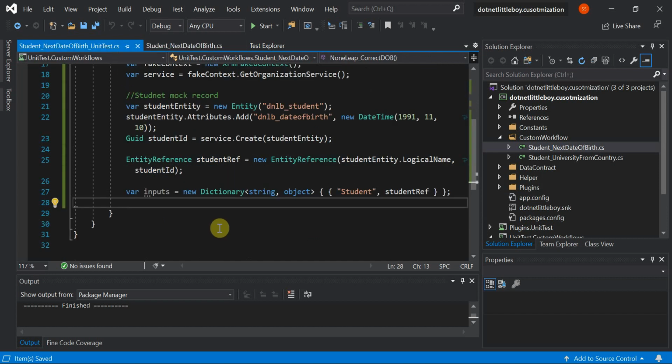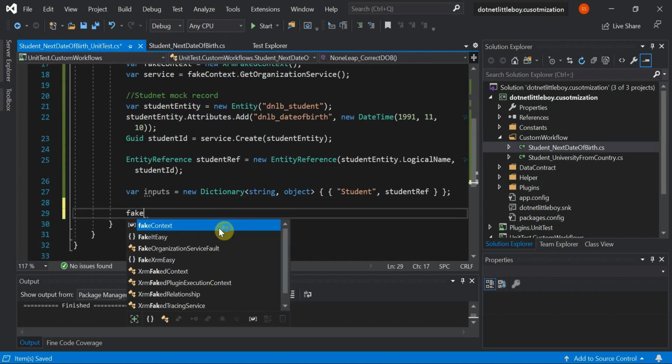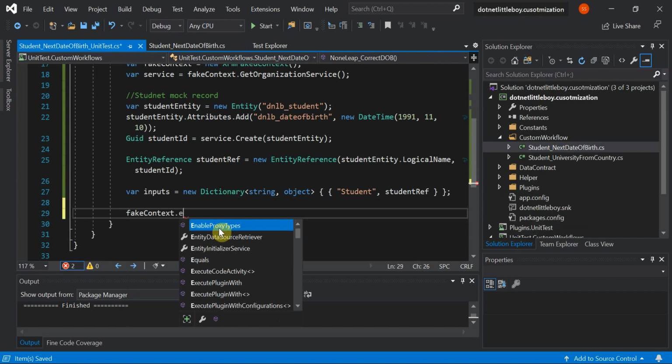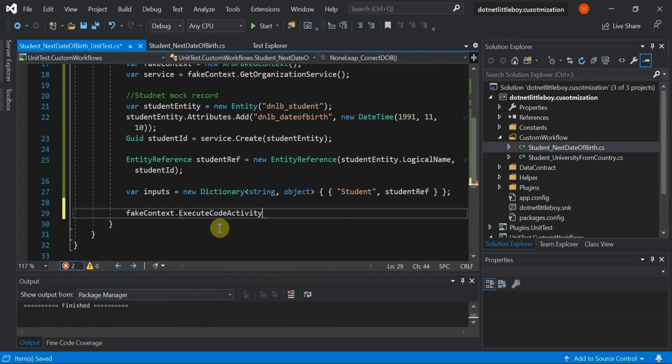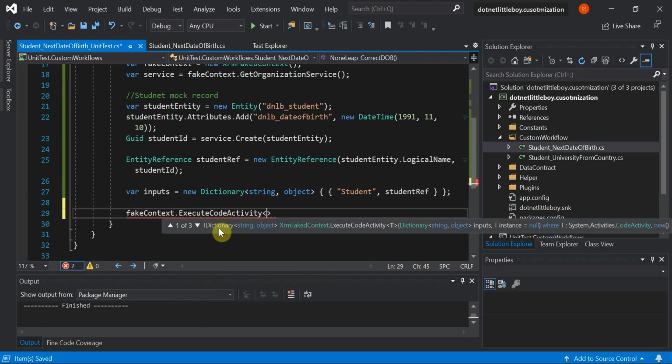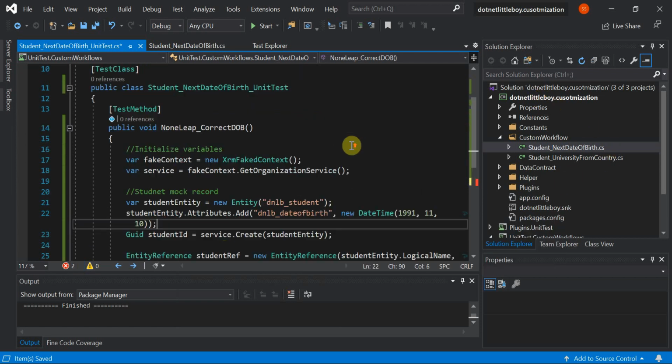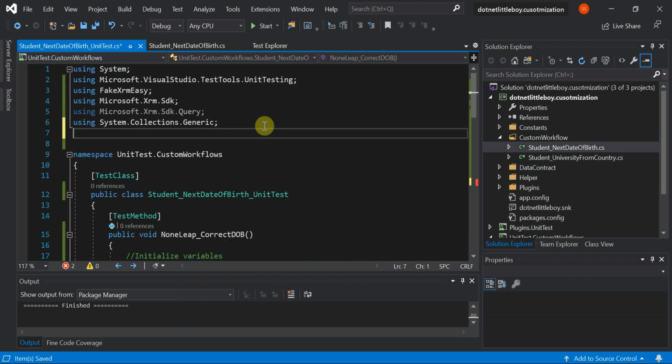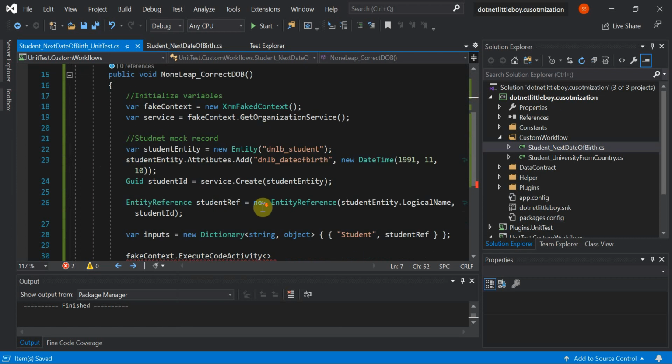Okay, so here I will execute that first. So fake context dot execute code activity here, and here I have to give my code activity name. Since this is present under this namespace, I have to include the namespace here: .NET little boy dot customizations dot custom workflow. Under this namespace I have this custom workflow,